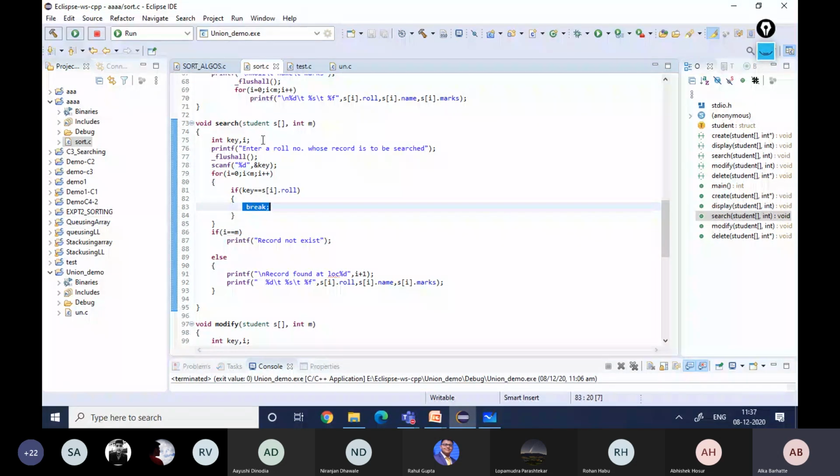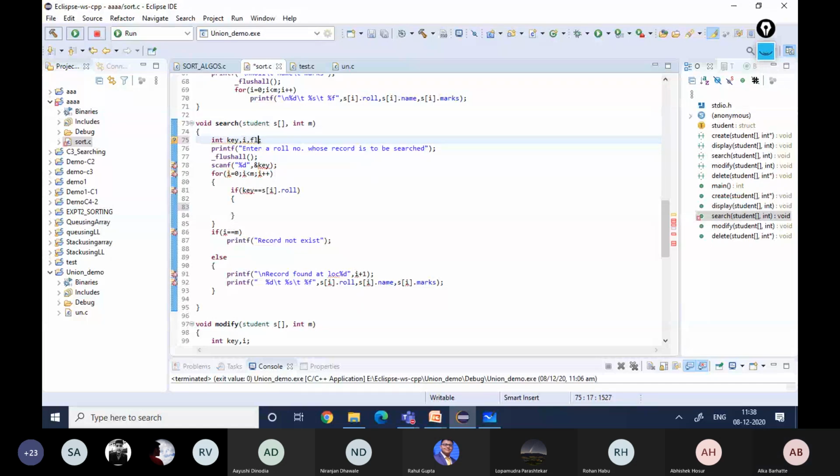So I will give you the modifications if you want to find all the records with the same value for a particular field and display all of them. Instead of break,